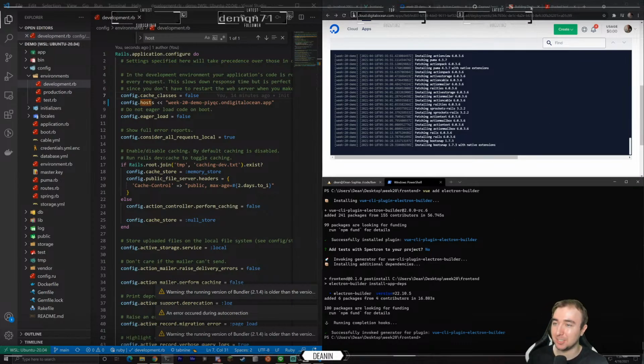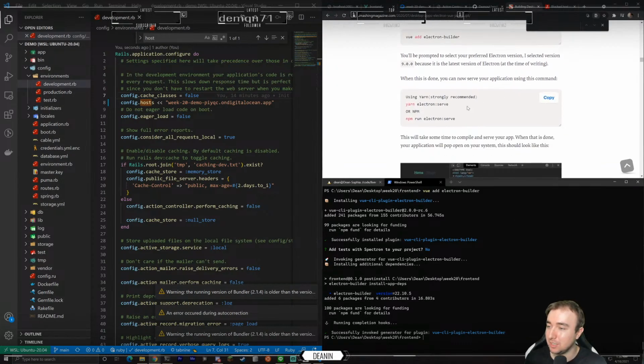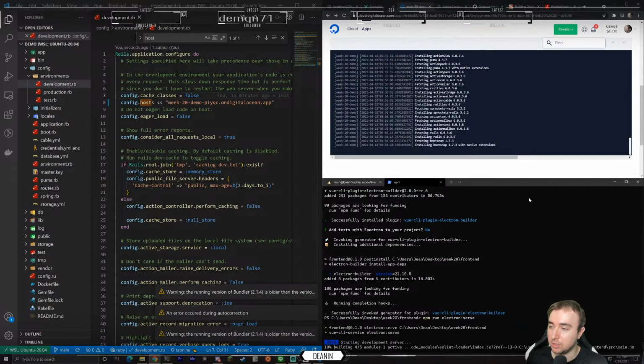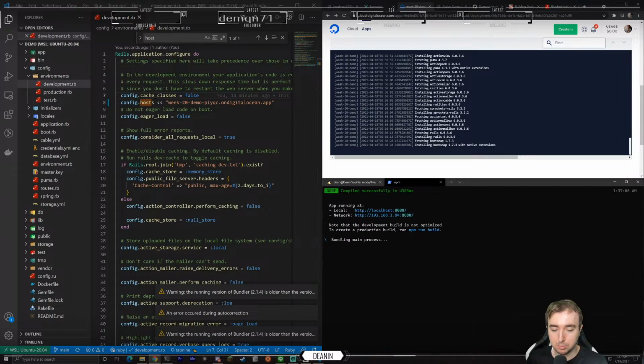Okay, so that looks like it worked. And now I should be able to run that. Okay, so npm run electron serve. Okay, so that looks like it's working now. In theory, this should open a window that looks just like a browser. And this is the same thing that like